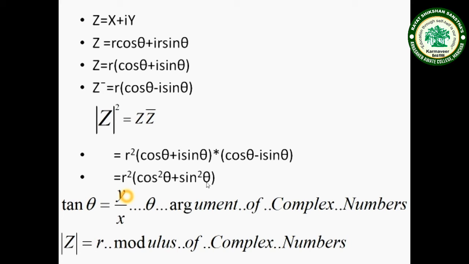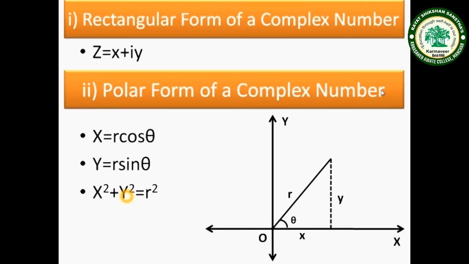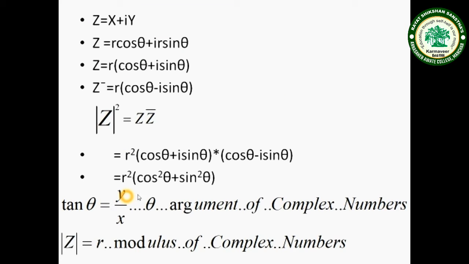And henceforth, if we are calculating the value of theta, then we call that theta the argument of a complex number. From the earlier figure, we can take tan of theta, and tan theta is equal to y by x. So this property can be written here. From the known values of y and x, theta can be calculated, or theta is tan inverse of y by x.